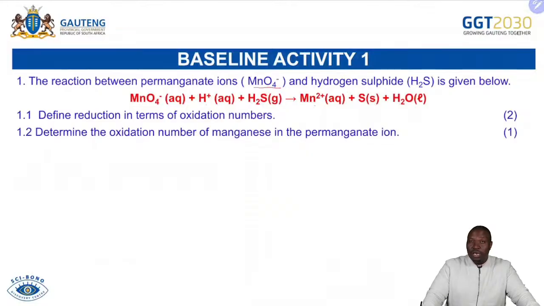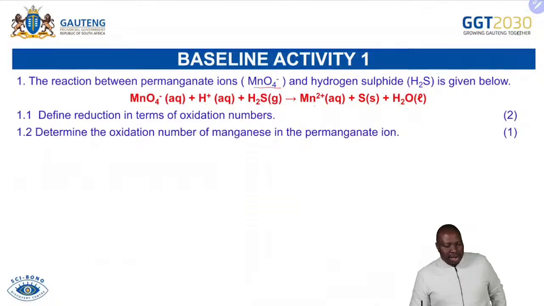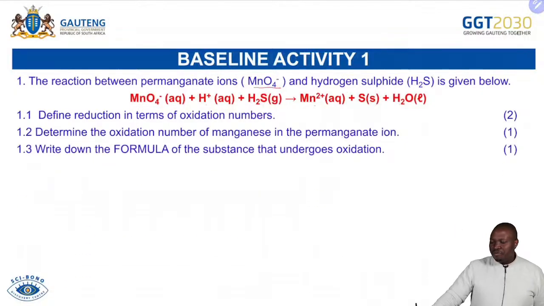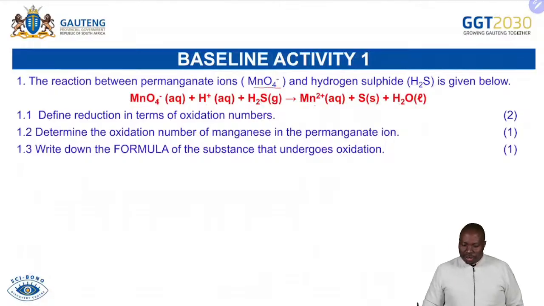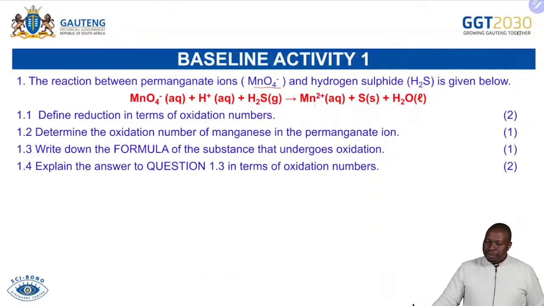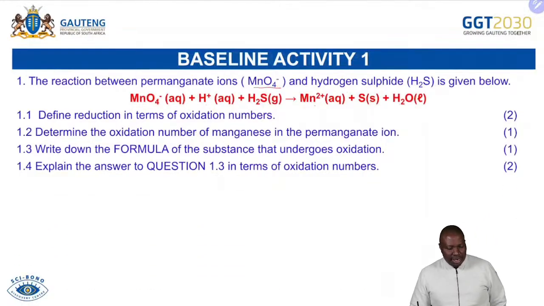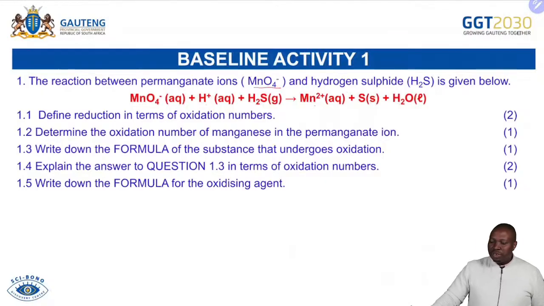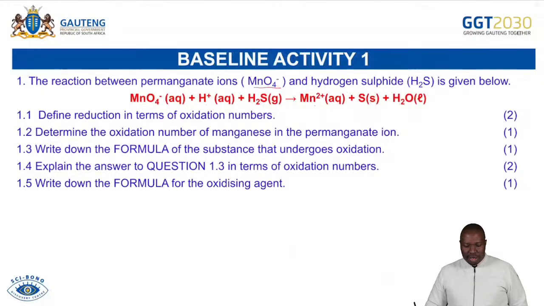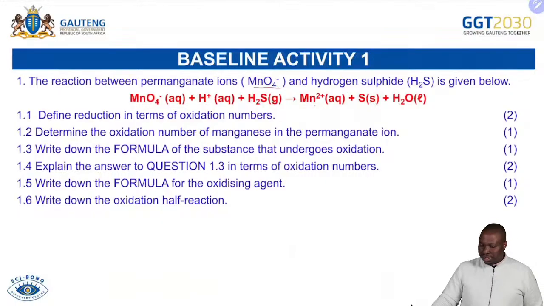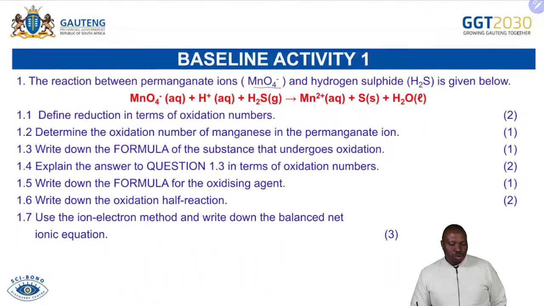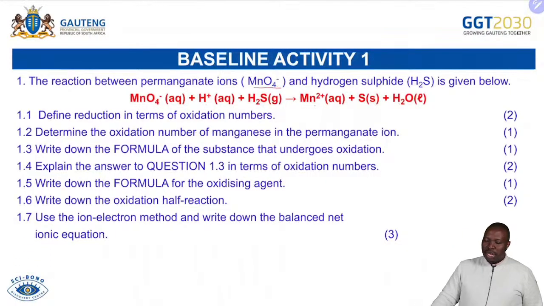I will give you time to answer these questions, just 10 minutes. In 10 minutes time, you must be done. And then you must be able to determine the oxidation number of manganese, to write down the formula for the substance that undergoes oxidation, and explain the answer to question 1.3. You must be able to write down the formula of the oxidizing agent, write down the oxidation half reaction,